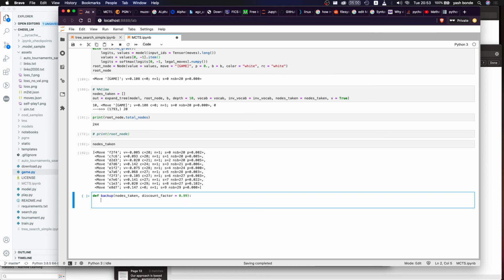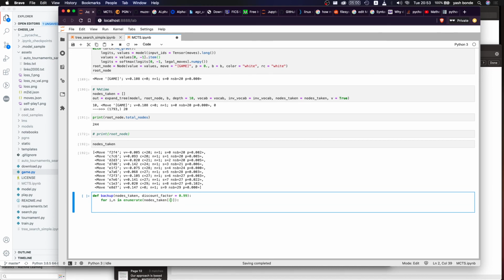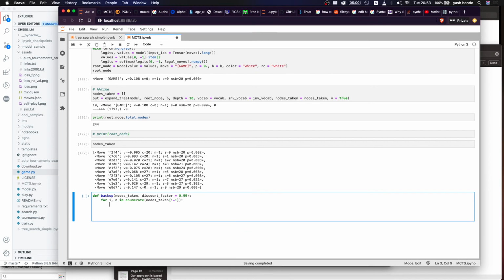For i, n in enumerate nodes taken, but do I need to go to the last one? Because the last one's value is always going to be the same. So for i, n in enumerate nodes,